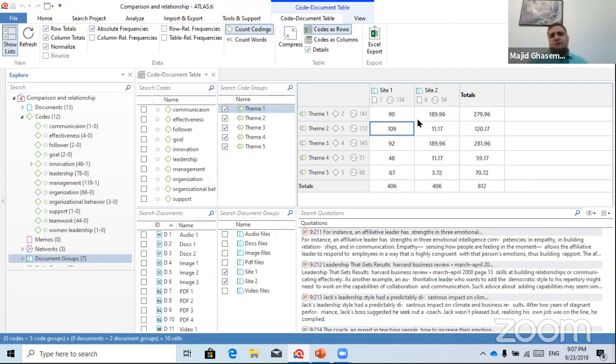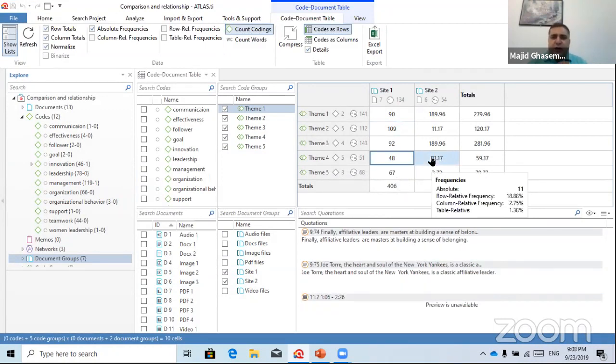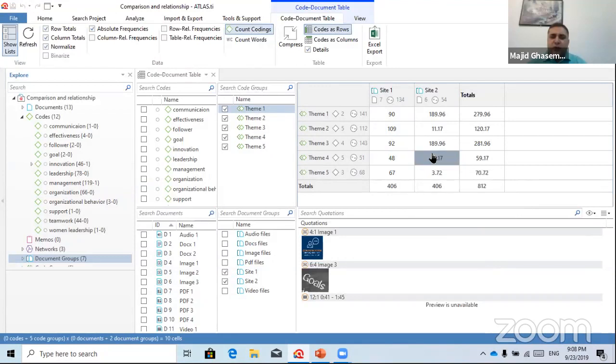Now, as a qualitative researcher, this is our theory, and we can pass this theory to quantitative researchers and ask them to collect data for site 1 and site 2 in terms of theme 2, and just do a quantitative analysis to see whether they can verify this theory or not. Another example here, for example, is that